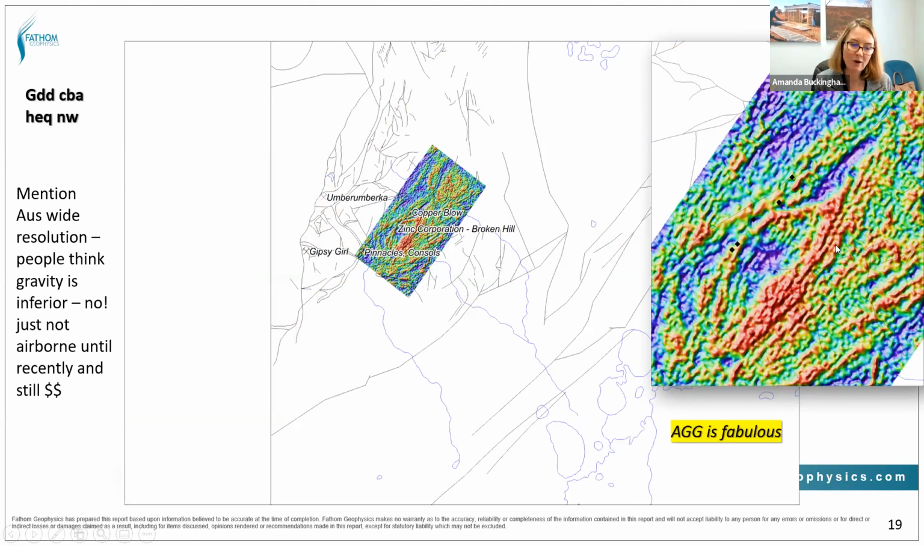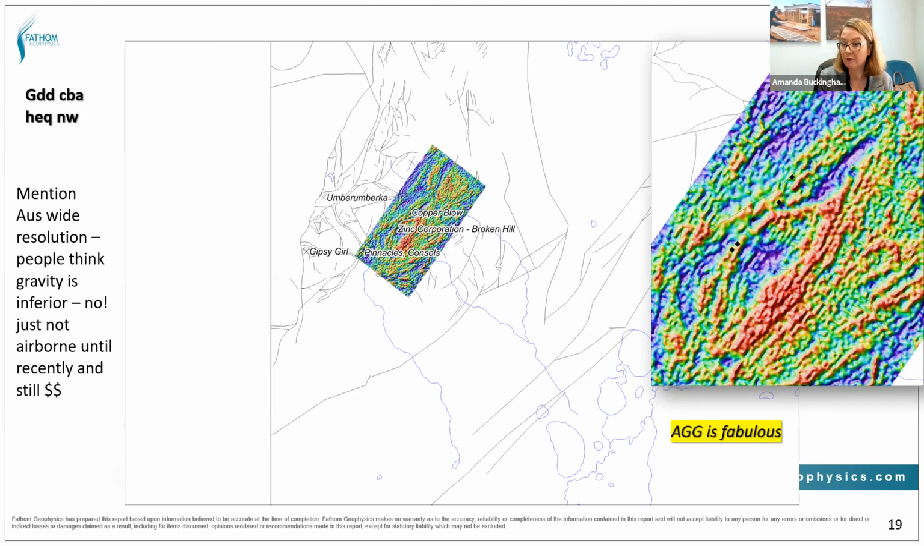Here is an example of an airborne gravity gradiometry survey that was flown. I love airborne gravity gradiometry data. It's fabulous. If you have the opportunity to fly it, do so. It just gives you detail that you wouldn't expect from Australia-wide regional data. And something a lot of people don't realise is that